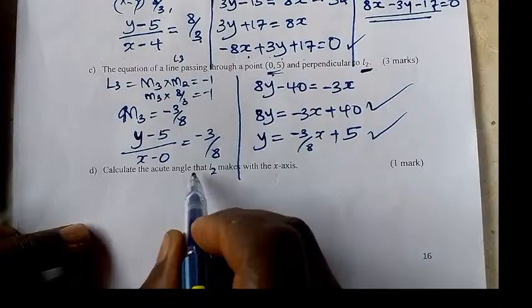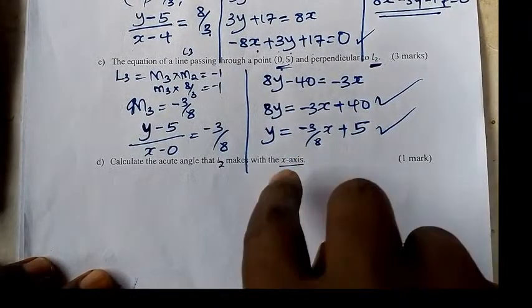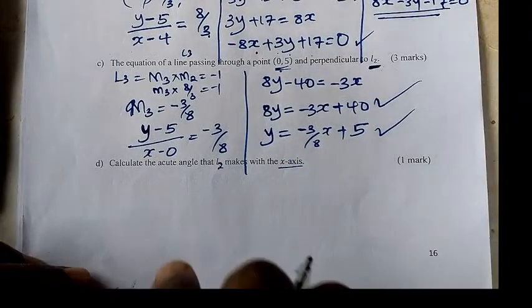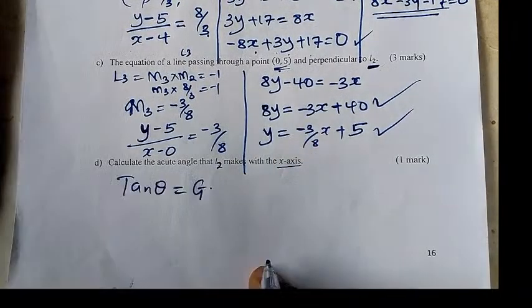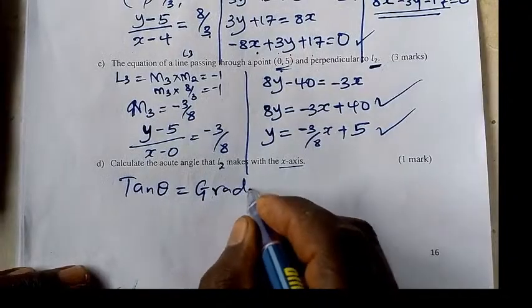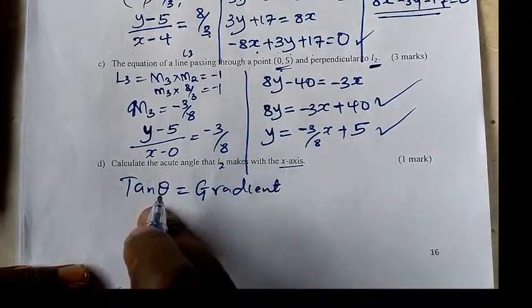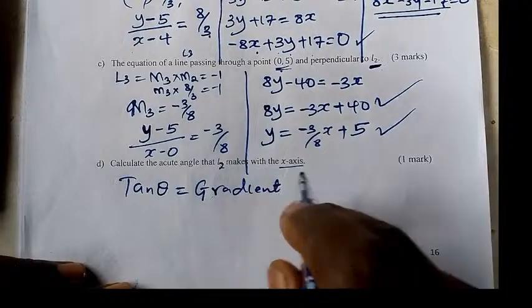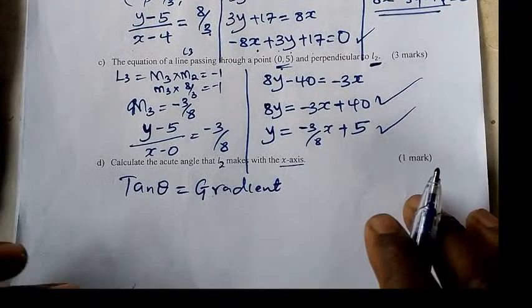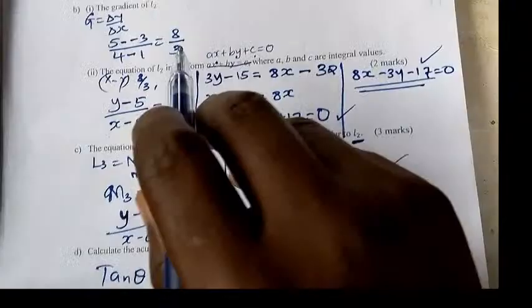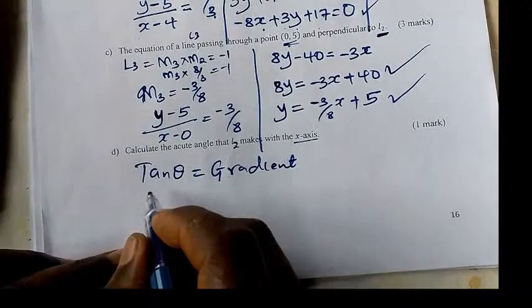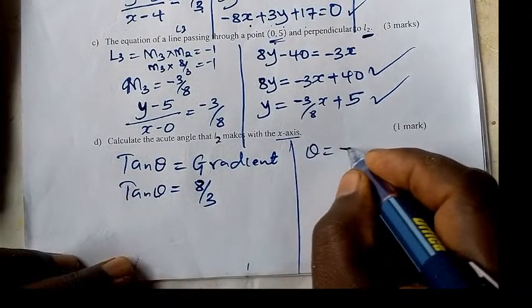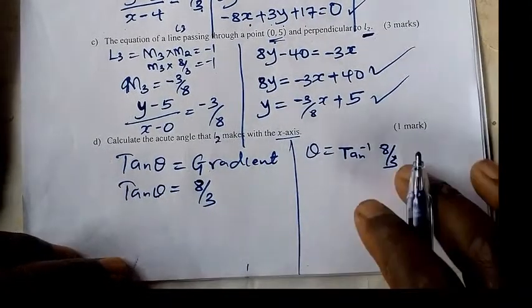Calculate the acute angle of a line, get that line gradient. Sawa sawa, hiyo ndio formula. Tan theta is equal to the gradient of that line, whichever line you are given. So get the gradient of line 2. The gradient of line 2 is 8 over 3. So we are saying tan, we are going to find the tan 8 over 3, and then you